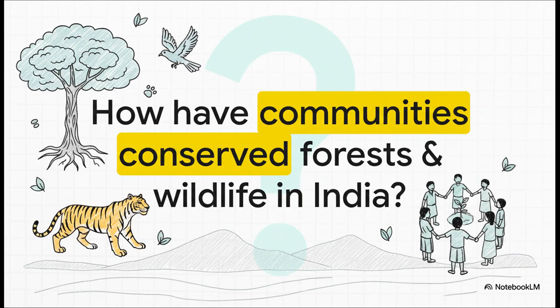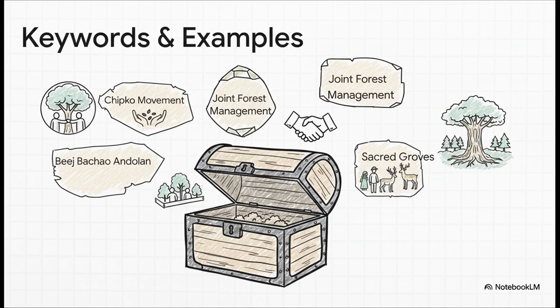So let's try this with a sample question. Let's say you get this question for 5 marks. You would start by explaining that local communities in India have played a very important role. Then, you would give those specific examples to prove your point. And for that question, this slide is your treasure chest. You should absolutely mention the Chipko movement, the sanctuary in Alwar, the JFM program, and the traditions of sacred groves and nature worship like the Bishnoi community. Using these specific names, that is what will get you full marks.